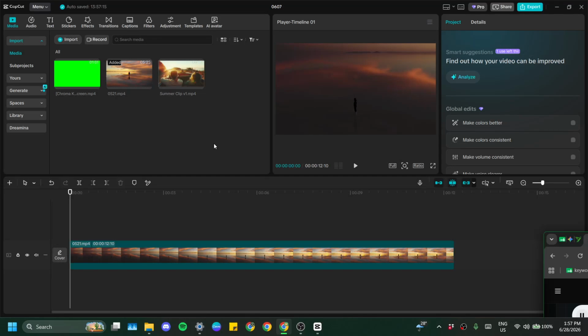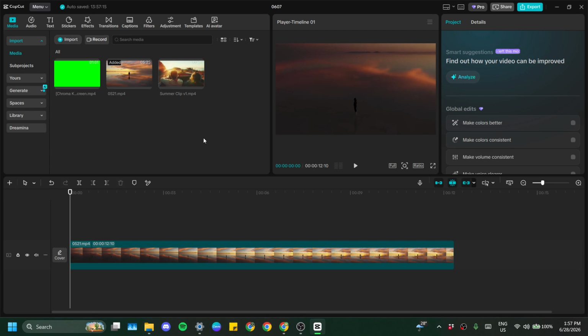In today's video, I'm going to teach you how to make crawling or moving text in CapCut PC. If you want to create a smooth, continuous scrolling ticker or marquee-style text crawl across the bottom of your video, this is one of the easiest ways to do it in CapCut on a PC. The good news is that you only need a simple text layer and a couple of keyframes to make the